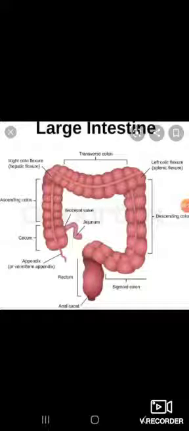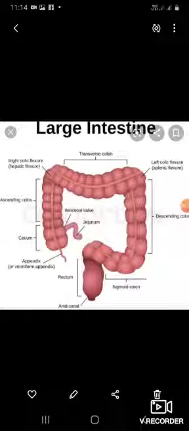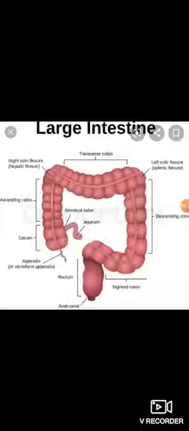You can see in this diagram here everything is written. In the angle between the cecum and the terminal part of the ileum, there is a narrow diverticulum called the vermiform appendix. Now, we will first consider the general structure of the large intestine and then consider its parts one by one. The structure of the large intestine is adapted for storage of the matter reaching it from the small intestine and for absorption of fluid and solids from it.